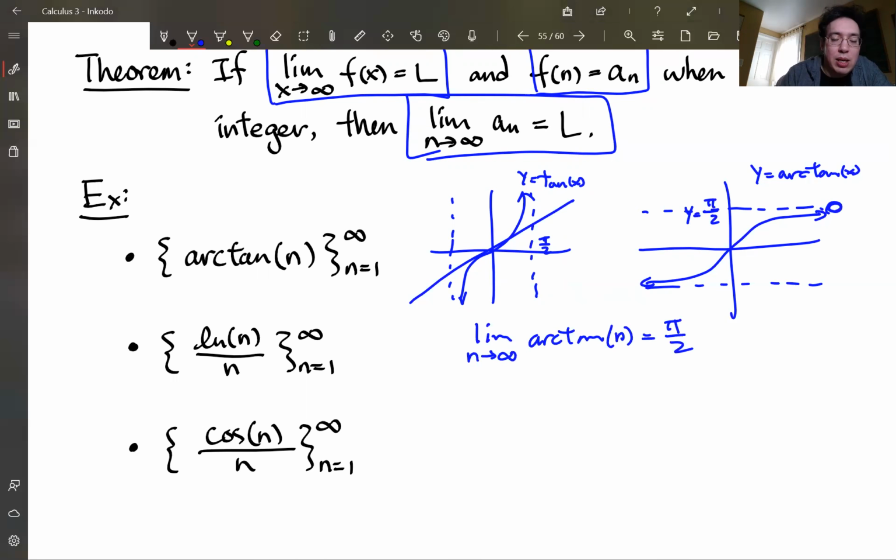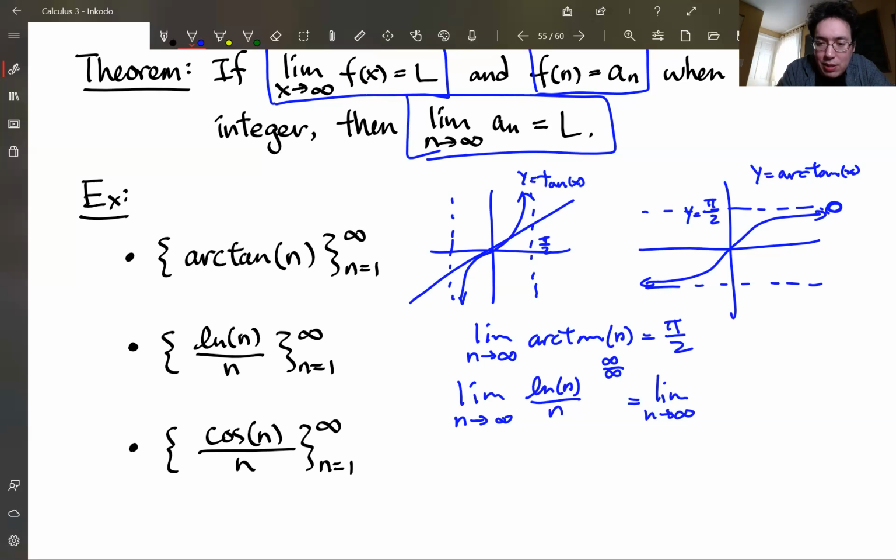Let's see. Maybe we can look at a limit like this: the limit as n goes to infinity of natural log of n over n. So natural log of n and n both go to infinity, so we have infinity over infinity. And if you remember from Calculus 1 class, there's a rule called L'Hopital's rule. So if you have infinity over infinity, what you could do is take the derivative